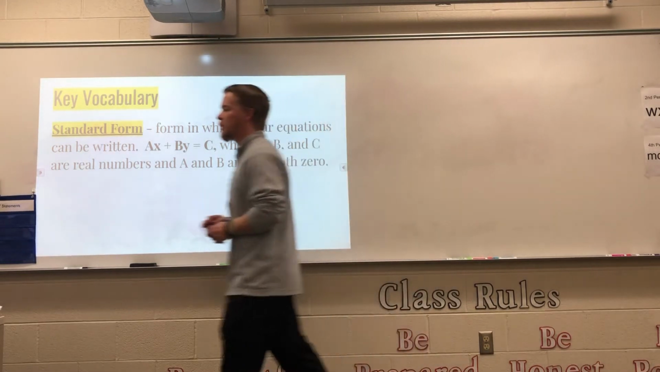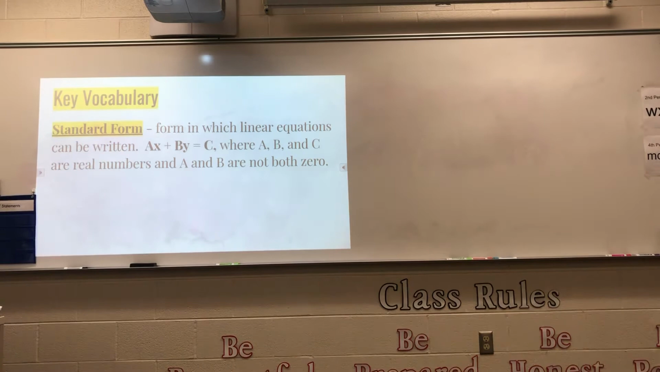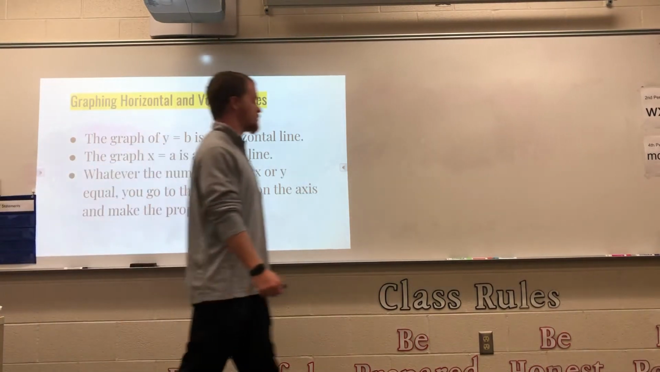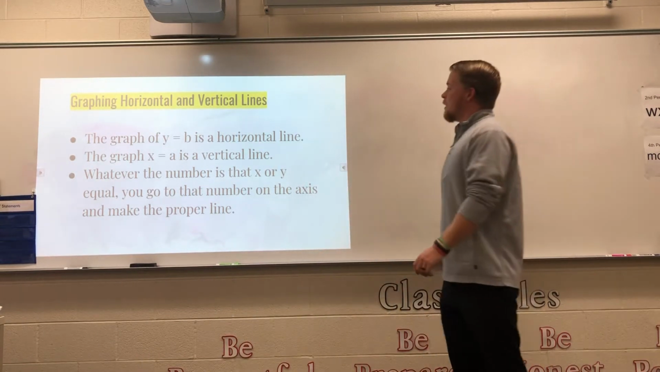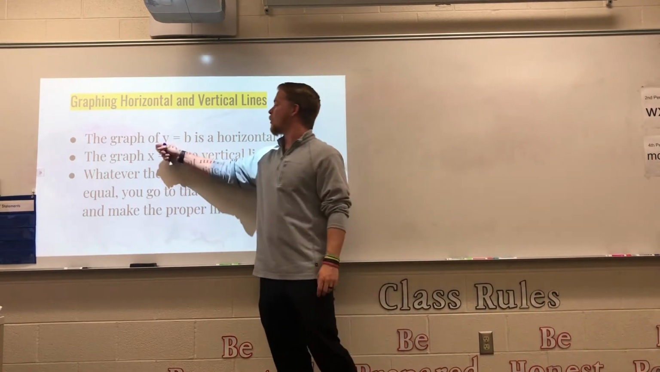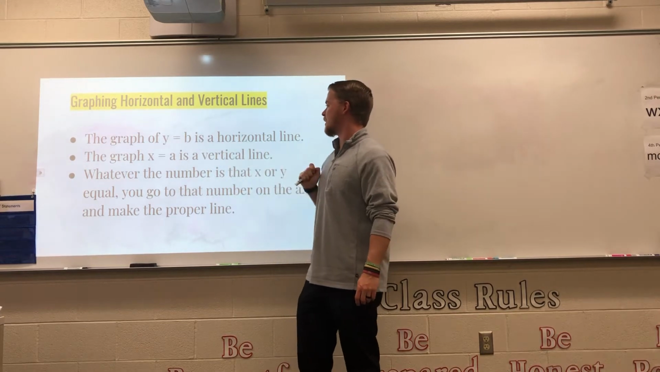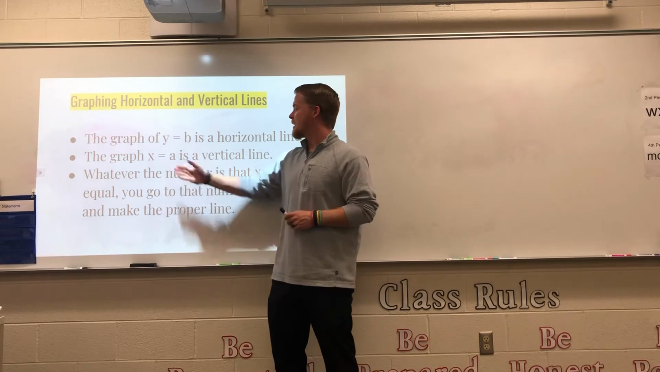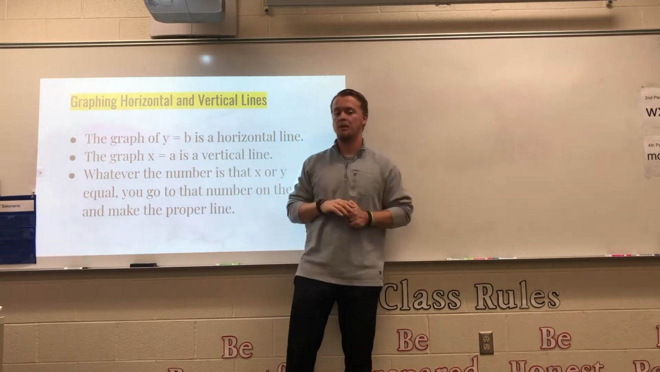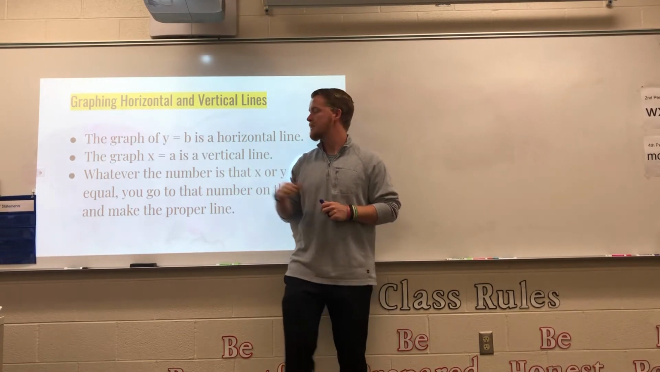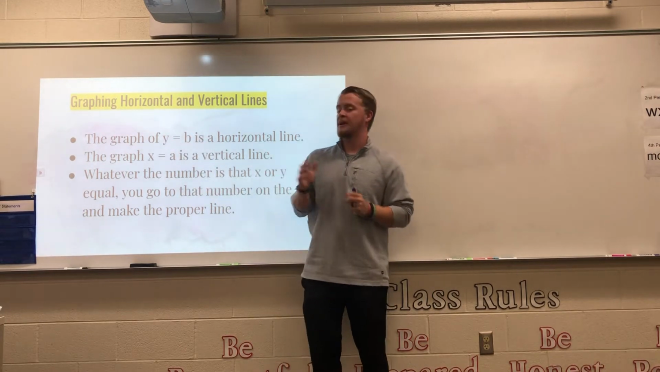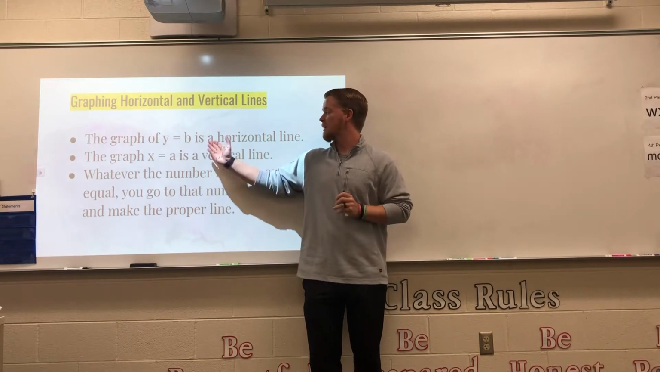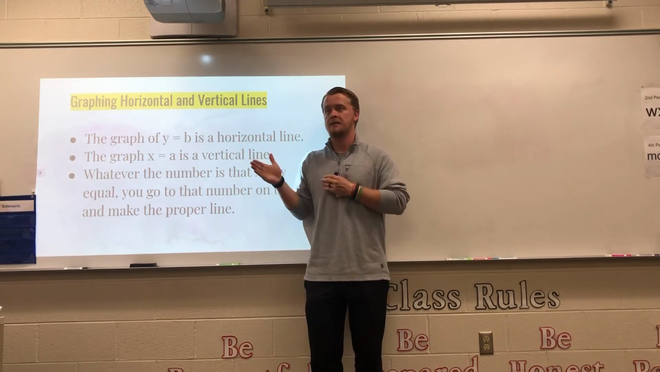Before we do that, we need to talk about a special type of lines, which are horizontal and vertical lines that you might be asked to graph. So it says the graph of y equals b is a horizontal line. The graph of x equals a is a vertical line. So a and b are just any numbers that can be plugged in. So basically, what the rule is, if you have just y in your equation and it's y equals a number, you're going to be having a horizontal line that